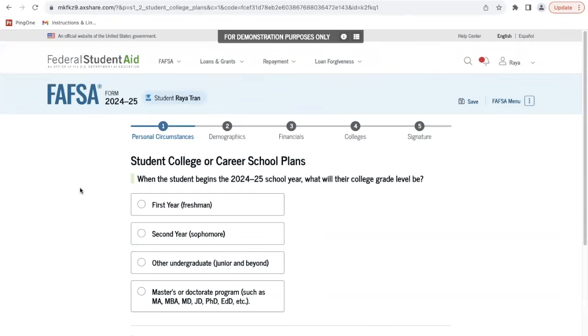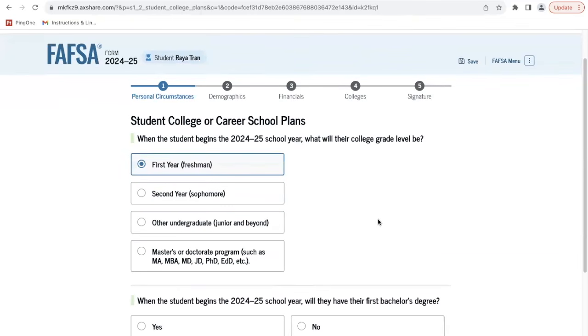The next question asks, when I begin the 2024-25 school year, what will my college grade level be? This can be a little tricky because it's not your overall plans. It's simply what your level is going to be during the 2024-25 school year. So if I'm a high school senior and I'm starting college in 24, then I'm going to put first year freshman. Another thing worth noting about this question: even if you've taken dual credit classes throughout high school, even so many that you might be starting college as a sophomore, technically I would still put first year student on here